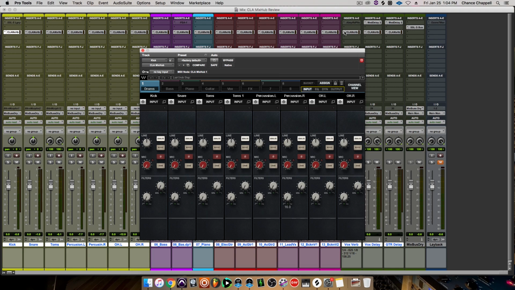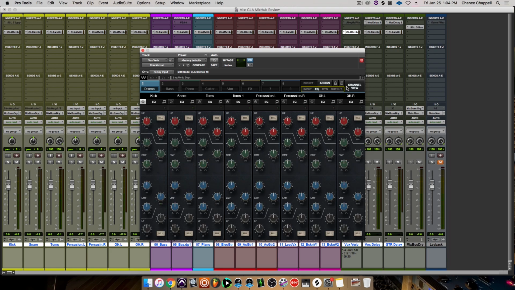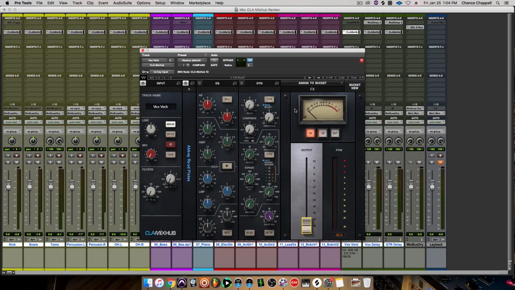Now over here for the vocal verb channel, I have it running almost the same way I used on the SSL Duality. Let's go to channel view. And what I did was I put the Abbey Road Plates reverb first, only behind the input. And in the original mix, I used the Lexicon PCM reverb directly into the board, so I had complete control through the inputs. But since we can't get it through the input or before the input, I don't have use